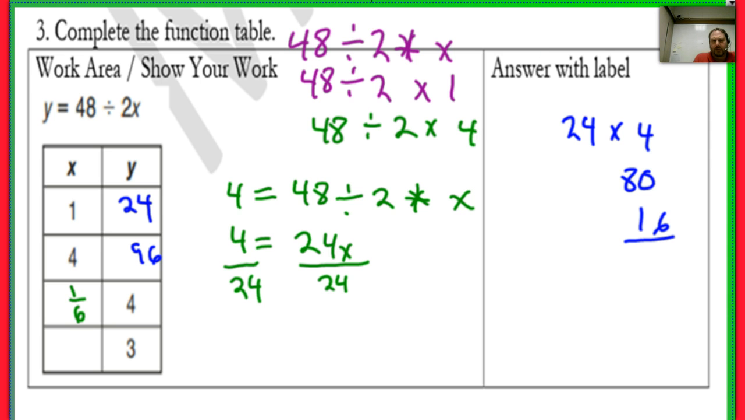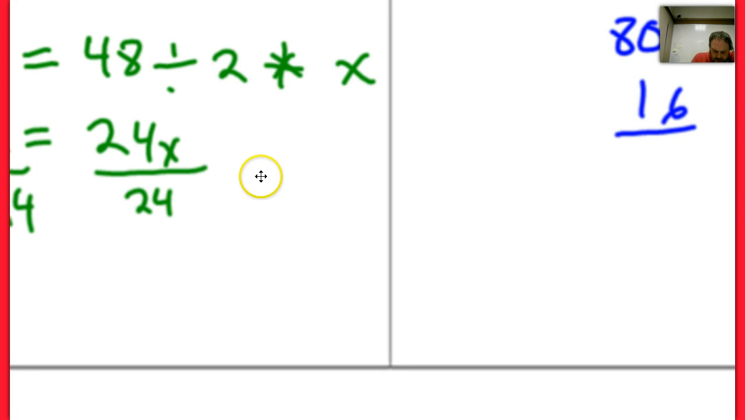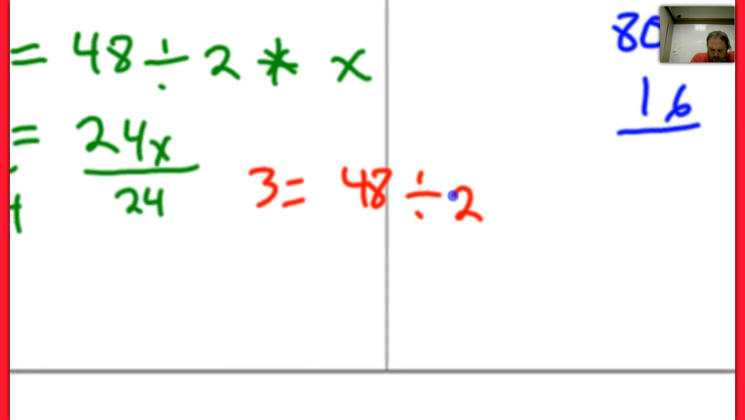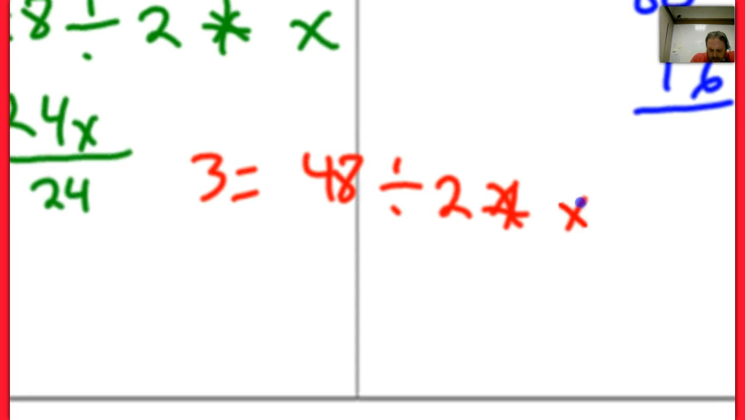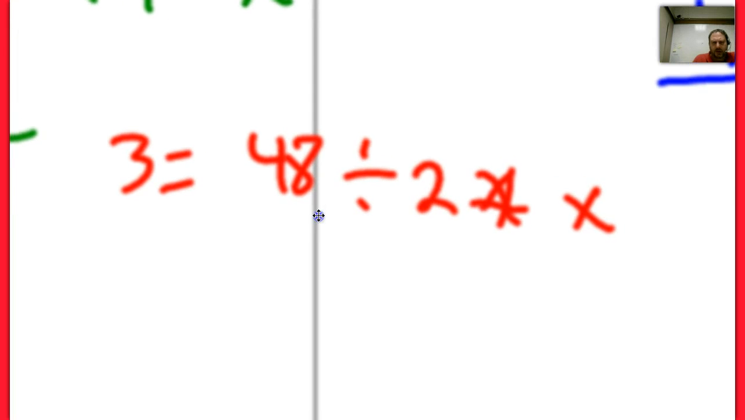All right, let's do the final one. We'll switch colors here. I'm kind of running out of room. But now it says 3 is equal to 48 divided by 2 times x. X is my variable. I don't know what that is. All right, 48 divided by 2 is 24. So now I have 3 equals